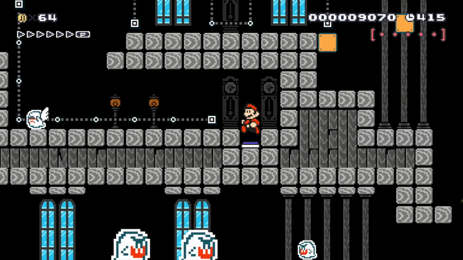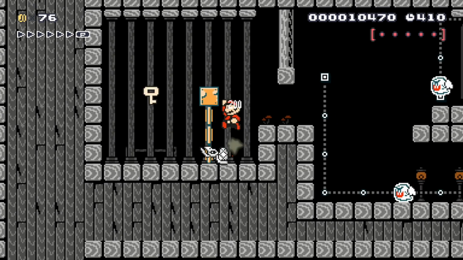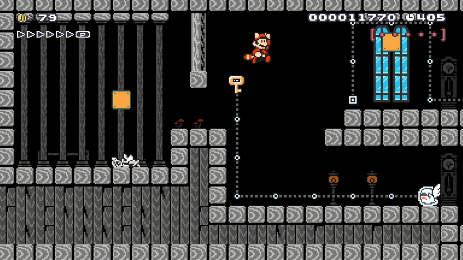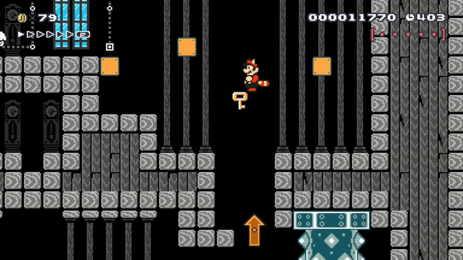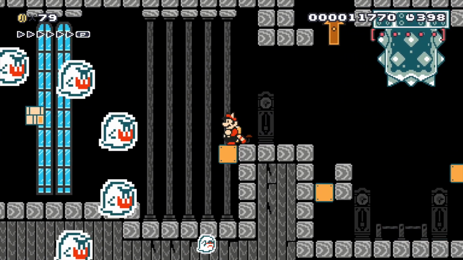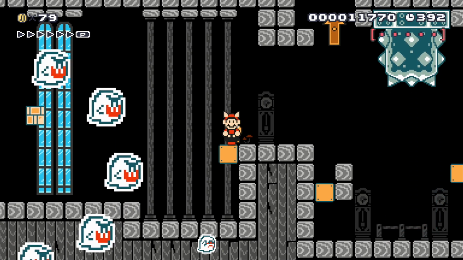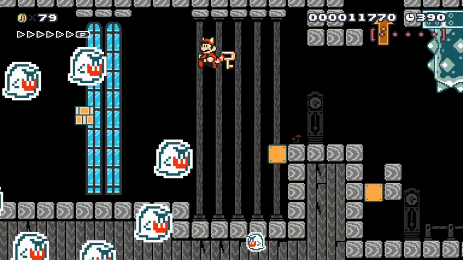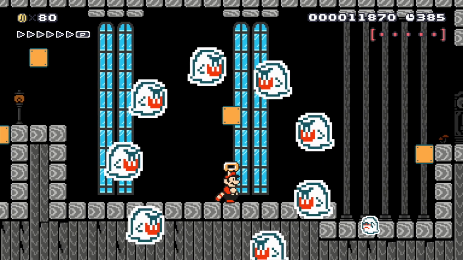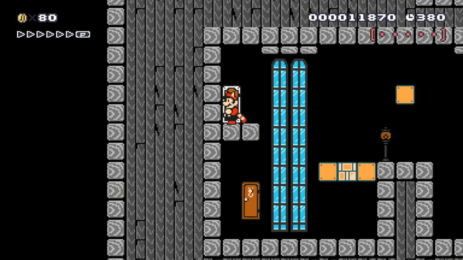P-switch. Oh shoot. But I can't take it with me, unfortunately. Oh, and a key. A new leaf, thank you. A little bit of backtracking here, which would be less annoying if there wasn't a Boo Buddy ring here. I do appreciate that they gave a block to hit there that has lots of coins in it. That definitely helps it